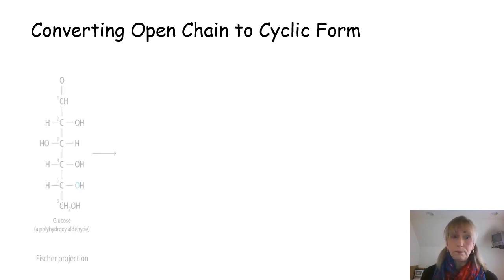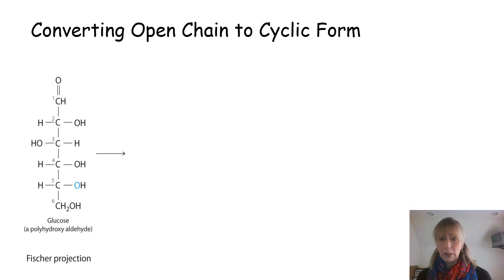Alrighty. So you might be wondering, how in the world do you get from that open chain form to the cyclic form? Well, let's take a look. We'll give you a quick lesson on how to do it. So this is glucose, our polyhydroxyaldehyde. What we've done is we've numbered our carbons. The aldehyde's always number 1. How are we going to get from that to that cyclic pyranose form? We're going to take